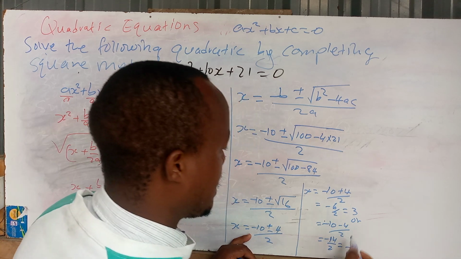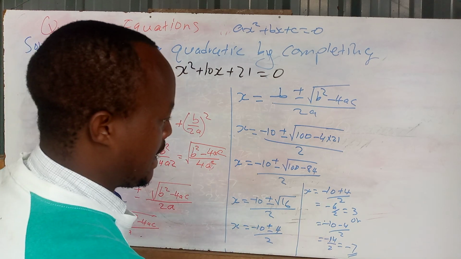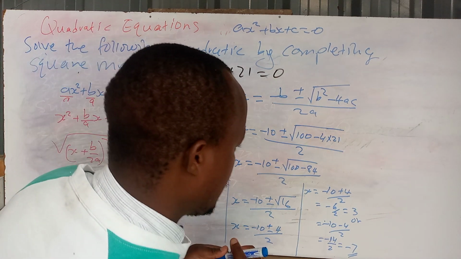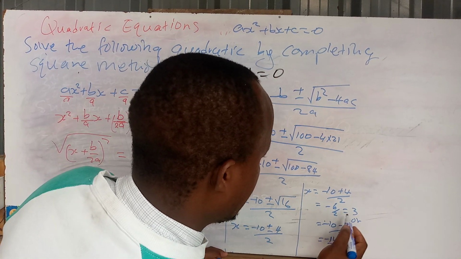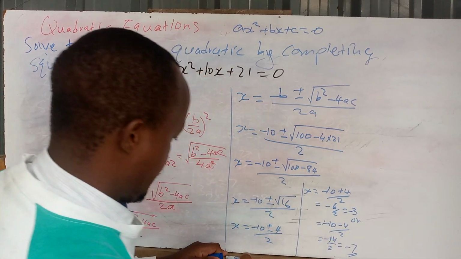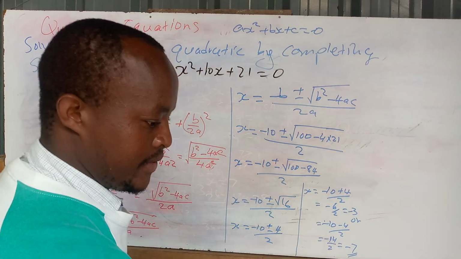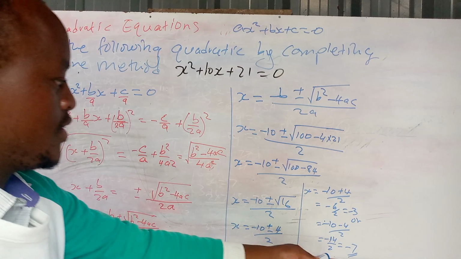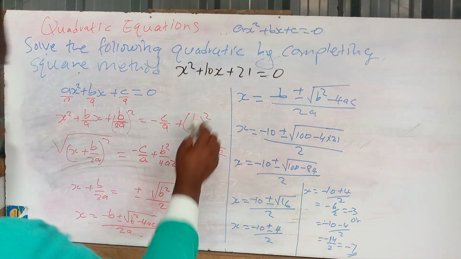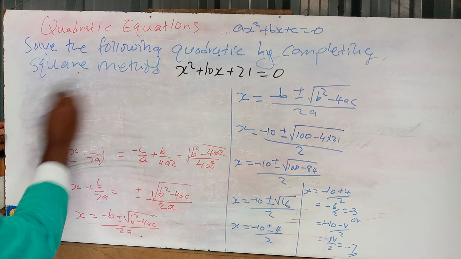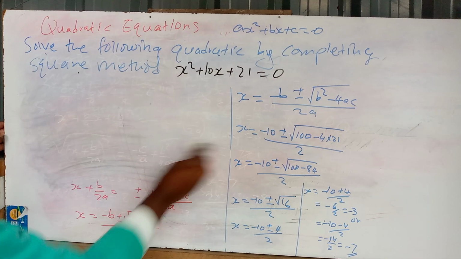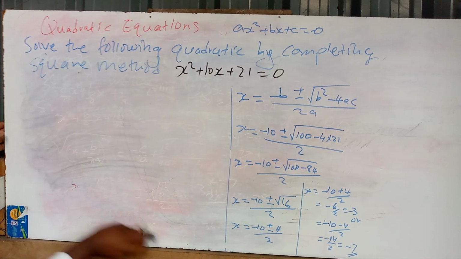So the answers are negative 3 and negative 7. So that is now using the quadratic formula, which is at the back of the 4-figure